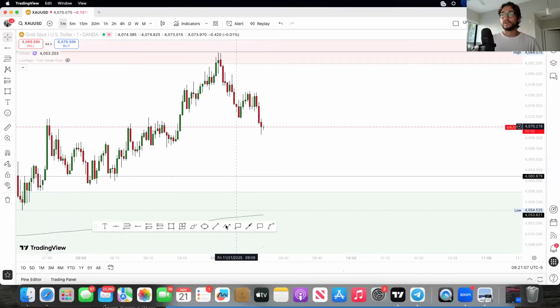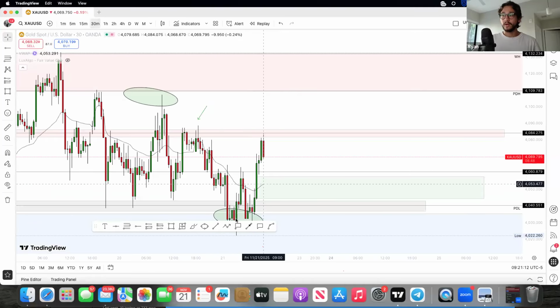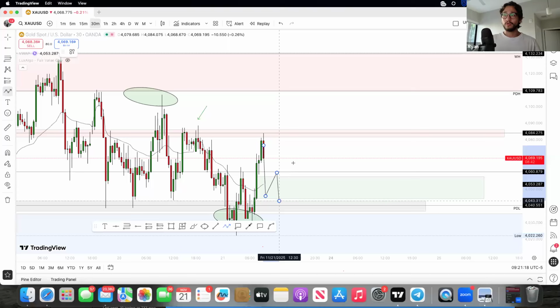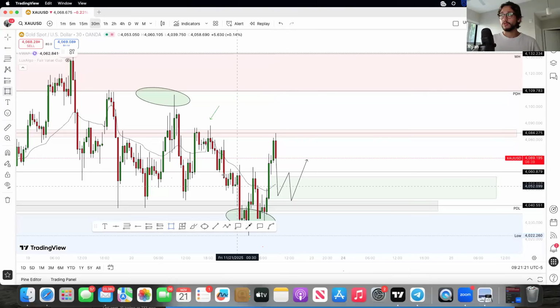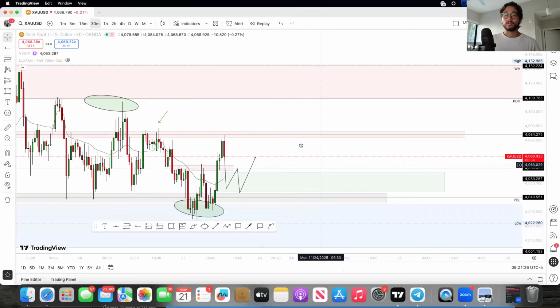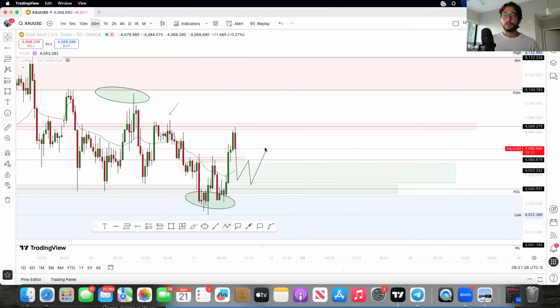So we're going to be waiting for price action to pull back towards our main structure, which is going to be this one here. Once we see this, we're going to wait for price action to reject, and most important, to close above here. This is the most important part. We need to close above 4060. Once we close above 4060 and we understand that we respected all of the structure,